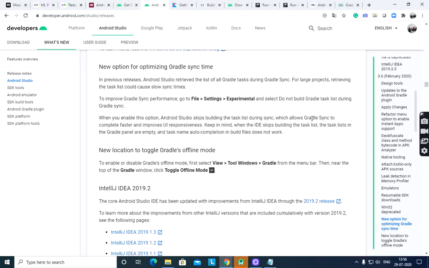Before installation of Android Studio, we first install JDK and then install Android Studio.